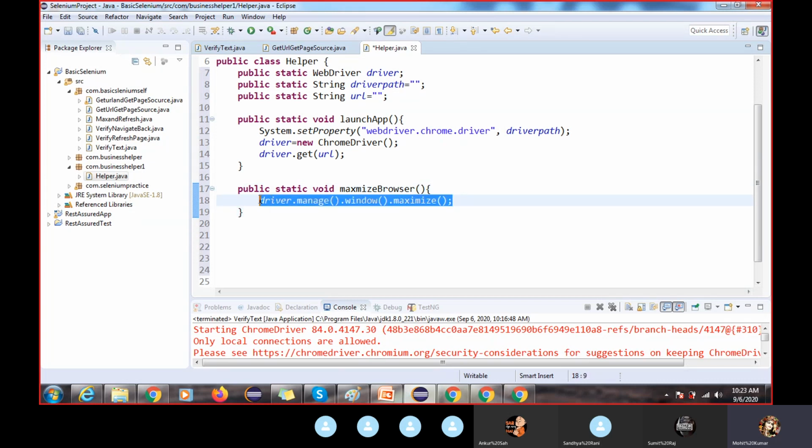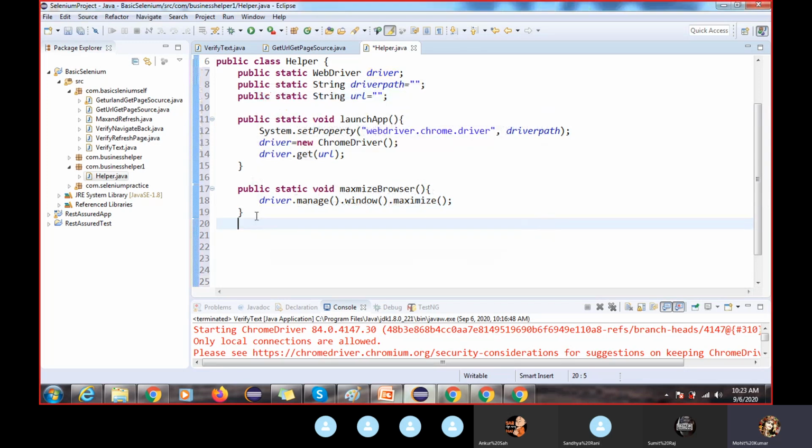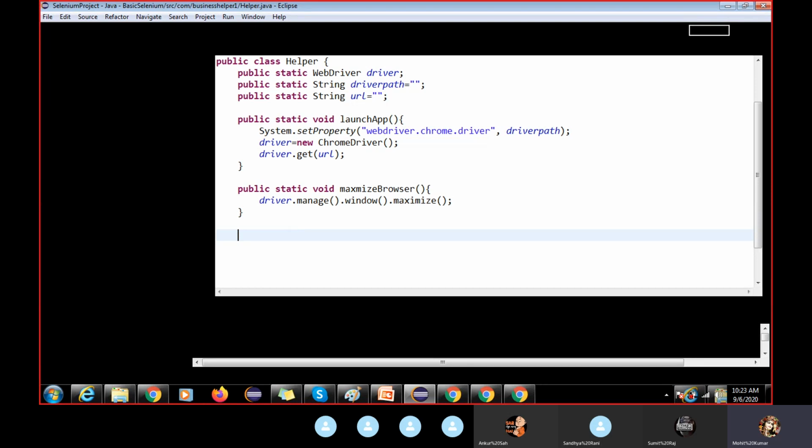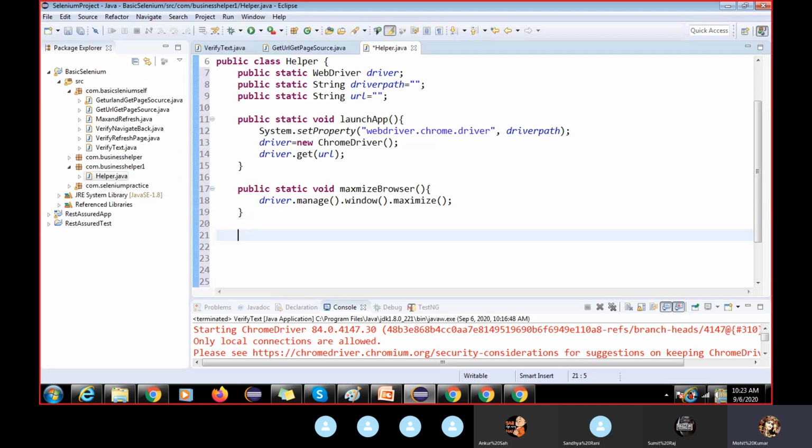So I have created one more method that is called maximizeBrowser. I will create one more method. You should not write again and again. What is the agenda of creating this reusable method? This is the agenda: you should not write the same code again and again.